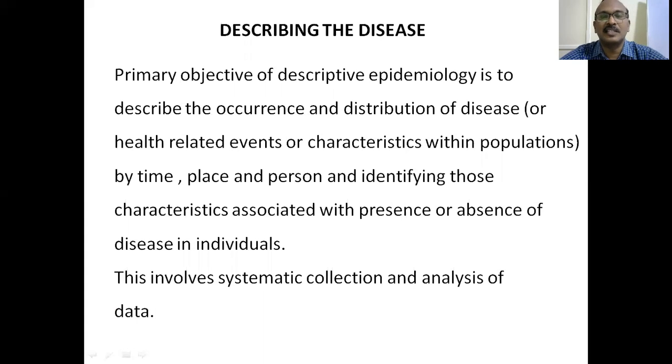Describing the disease, that is the third step as far as descriptive epidemiology is concerned. The primary objective of descriptive epidemiology is to describe the occurrence and distribution of disease or health-related events or characteristics within the population by time, place, and person, and identifying those characteristics associated with presence or absence of the disease in individuals. So what he essentially has to look at is the distribution of disease or health-related events. It can be smoking, it can be gambling, it can be violence, or it can be accidents. And he has to find out